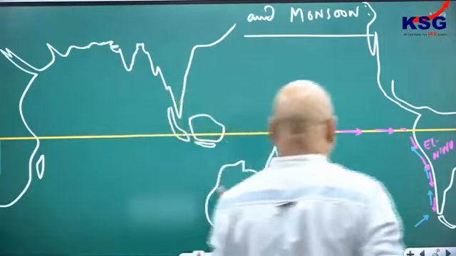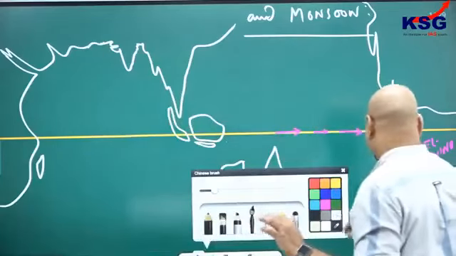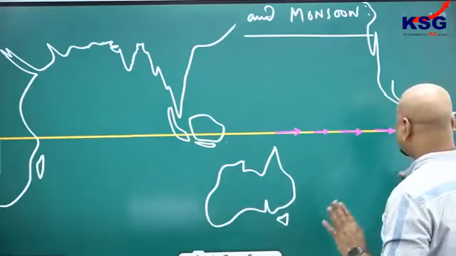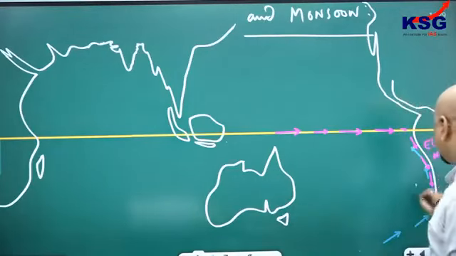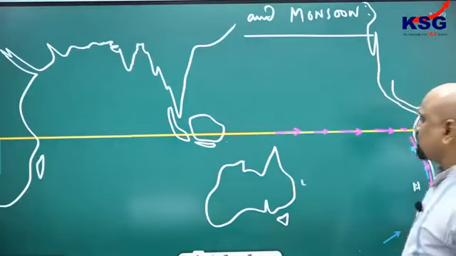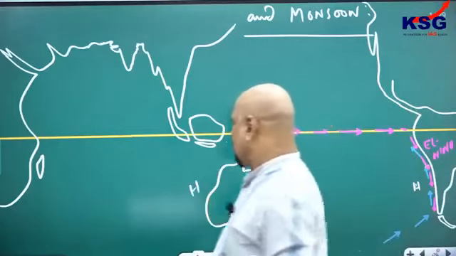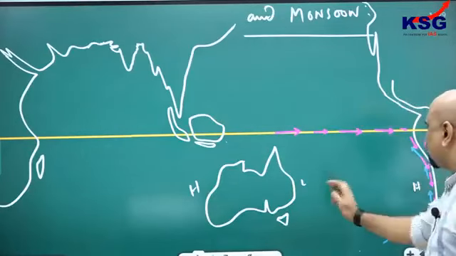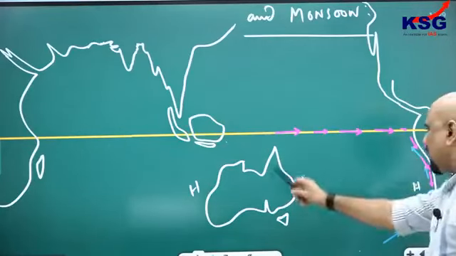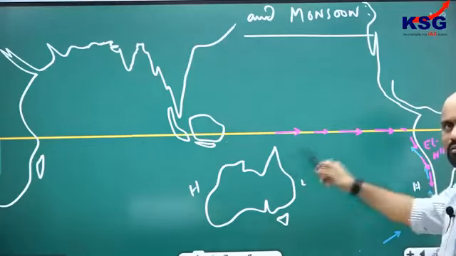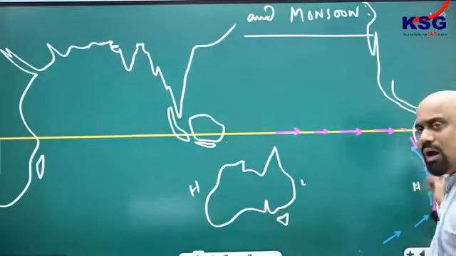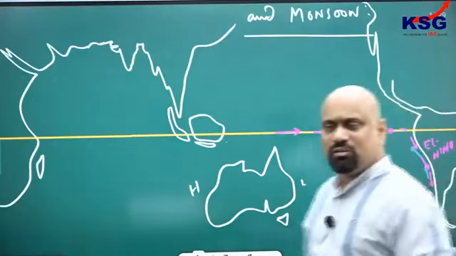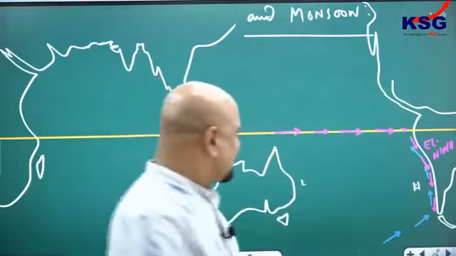During the normal period, what happened? I think I did say earlier. Normal period में क्या होता है? यहाँ पे you will have a high pressure, यहाँ पे low pressure होता है. Here also you have high pressure. And from high pressure sinking of the air, and it goes up, and like this you have the circulation known as the Walker cell. ये जो ऐसे circulation है उसको बोलते हैं क्या? Walker cell, Walker circulation. Opposite to this takes place here. It is known as the Southern oscillation.